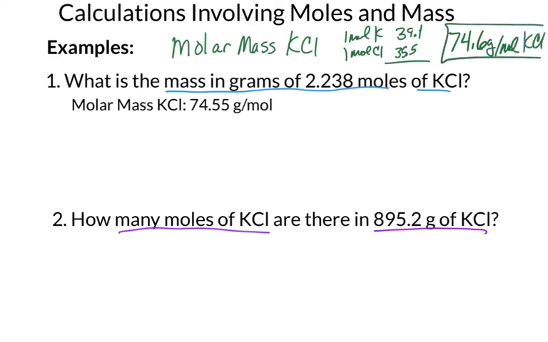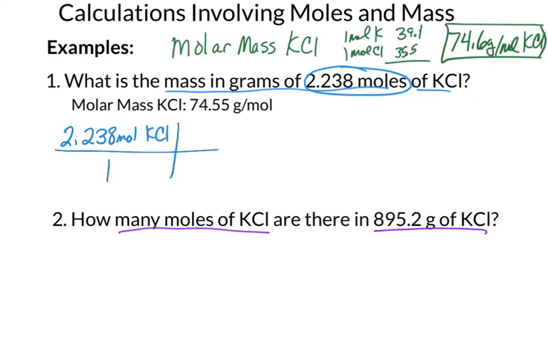So let's do number 1. What is the mass in grams of 2.238 moles of potassium chloride? The thing that we know in this case is the 2.238 moles of KCl. We put that on top. That tells us that we need the moles to be on the bottom, so moles of KCl on the bottom, and on top we need to convert it into grams of KCl using that molar mass. So on the top we're going to put grams,